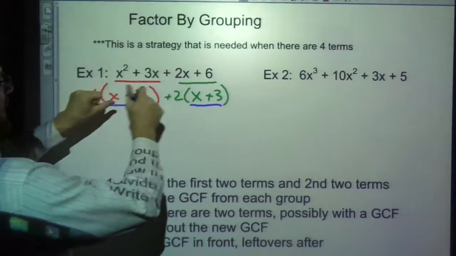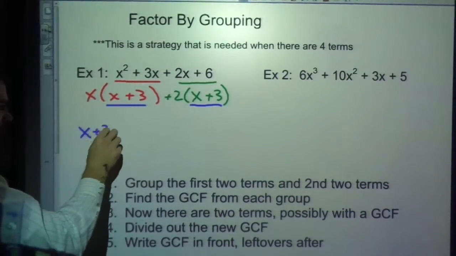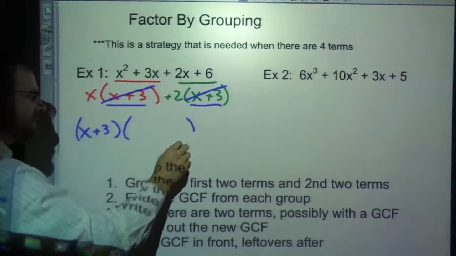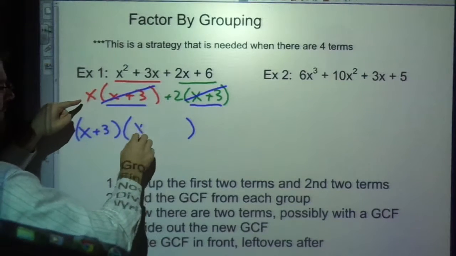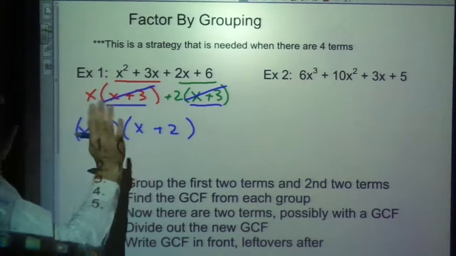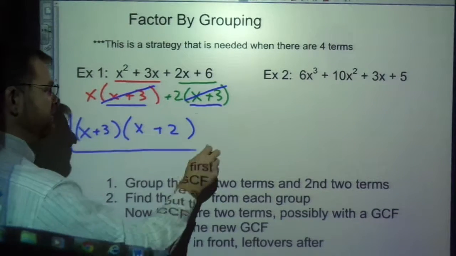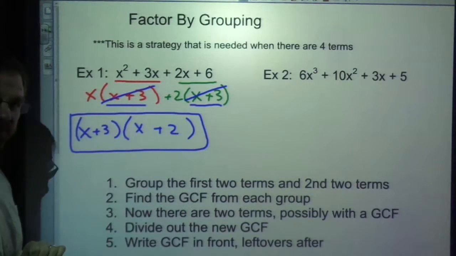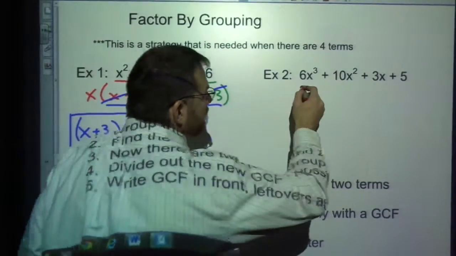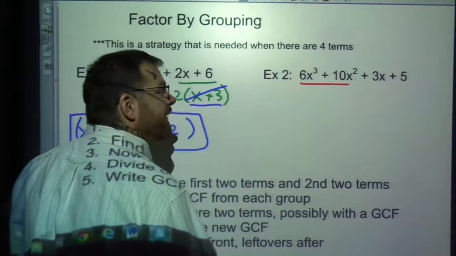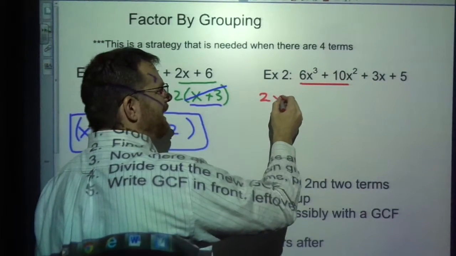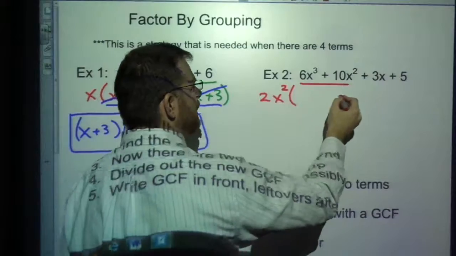So if I divide out x plus 3 and I put that in the front, and this is gone and this is gone, then what's left over from the first one is x, and from the second one is 2. And now it's factored. 2 things multiplied together, that's what I want. Done. Okay? Example 2, group these 2 together, find the greatest common factor, that is 2x squared, and what is